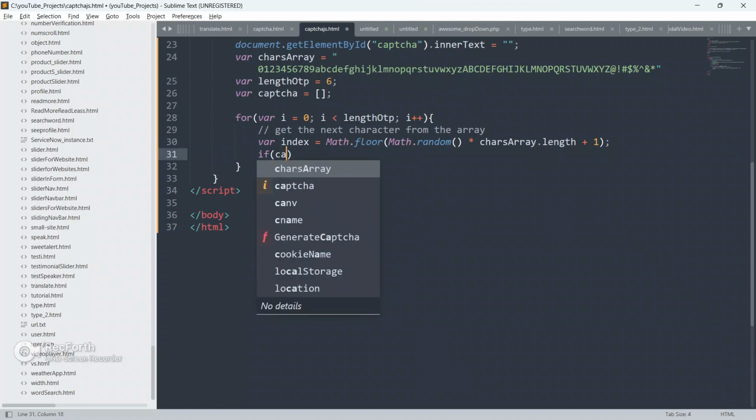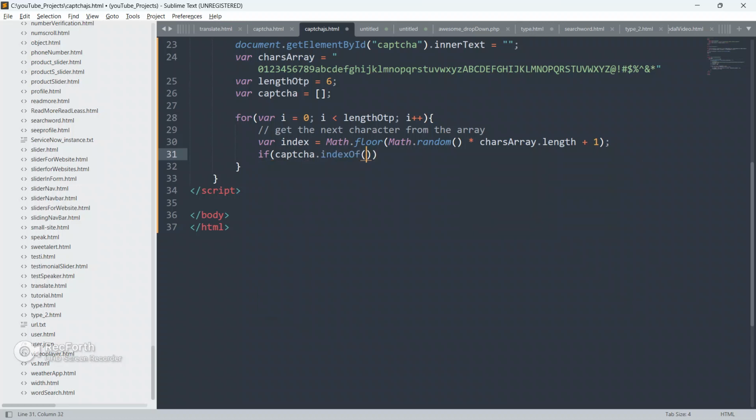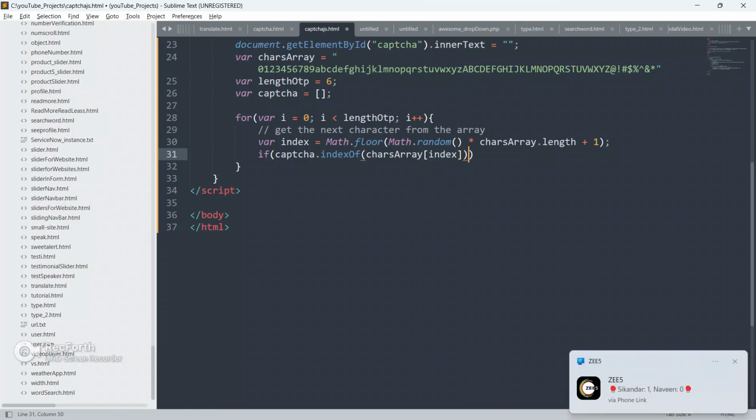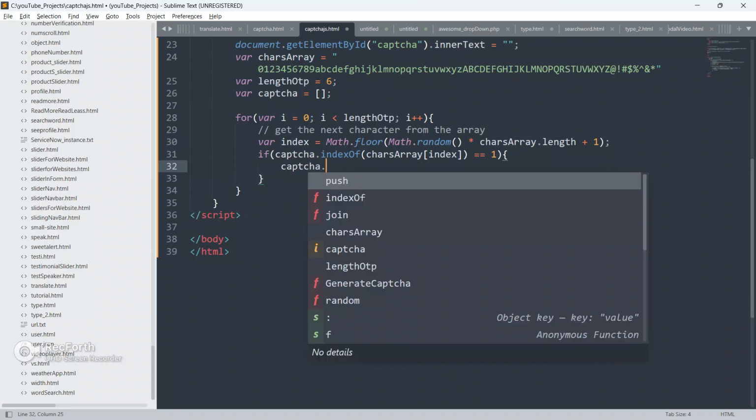So now we are going to run if captcha.indexOf, what, guys? The index of this chars array, which index? This index, guys. If this is equal to -1, up till then it will store.